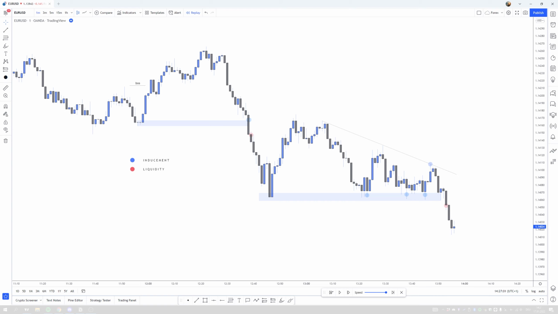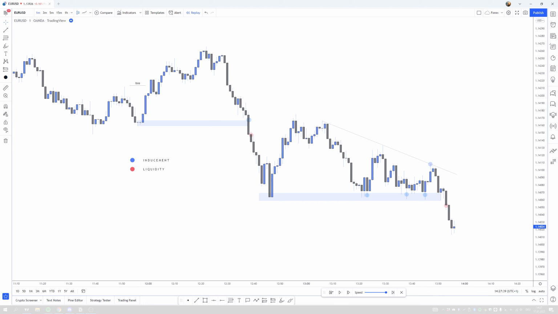Now I'm back and I want to go over inducement and liquidity. First of all, I want to say that inducement and liquidity are completely different, but sometimes they happen almost at the same time, and that's why a lot of people get confused about this topic. If you understand it once, you will never forget it, because it's easy and pretty simple. Let's go over inducement first. At the beginning I will explain what it means, and after that I will go over some live chart